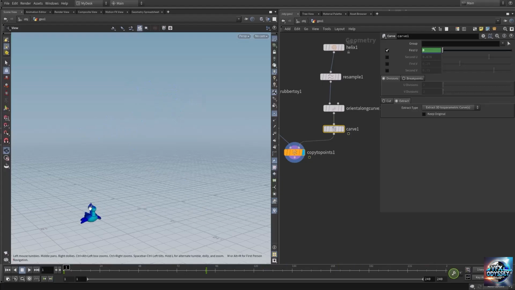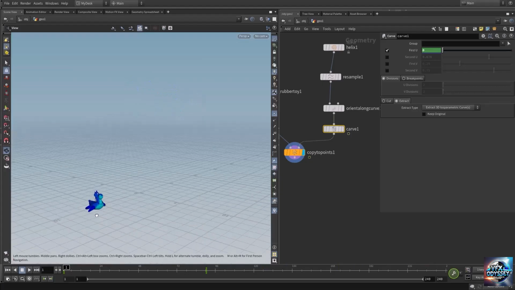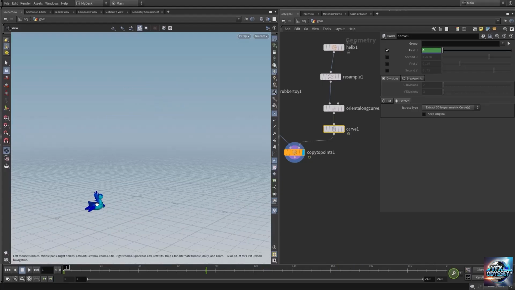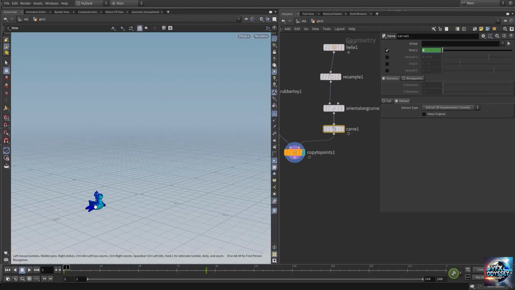now as you can see, we have animated our geometry along the curve. So let's enable real-time playback by clicking the clock button. So let's hit play,